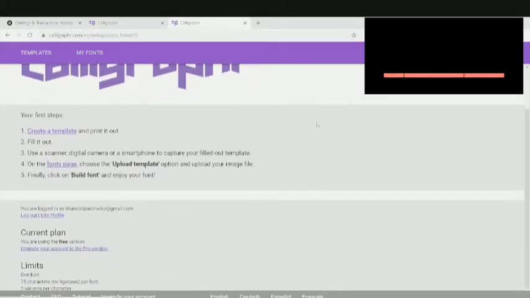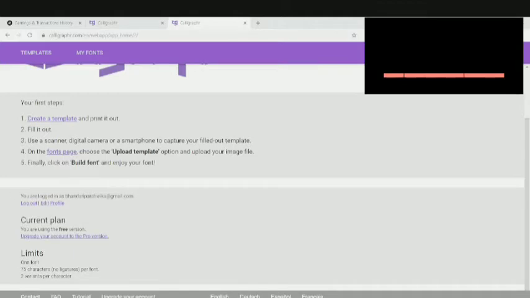Now here are these various things they are telling you. Since I'm using the free plan, guys, you can see I can upgrade. In the free plan, I'm limited to only one font, 75 characters per font, and 2 variants per character. So I can't use the ligatures. If you want more variability and more facility in font making, then you can go with the pro version as well. But since currently I'm only using the free version, I'm limited to only one font, 75 characters per font, 2 variants per character. First of all, we need to download the template.